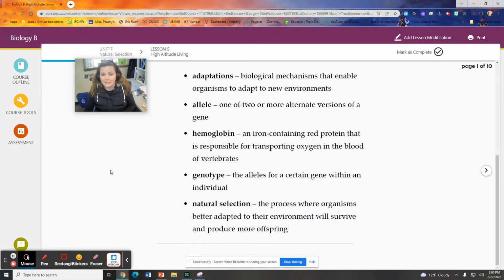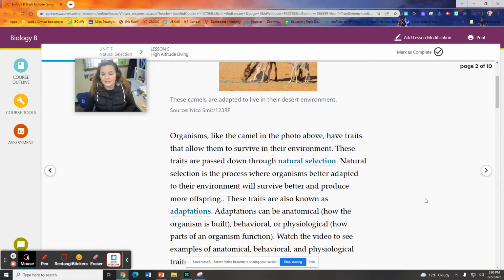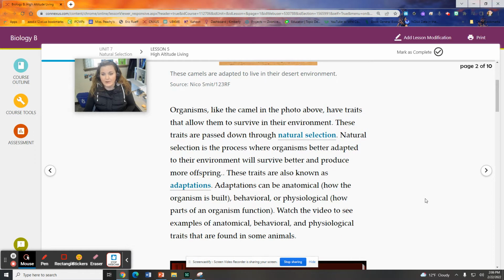So hopefully you've noticed that there are not as many new vocabulary words in this lesson as there were in our last. But it's interesting nonetheless. It's talking again about natural selection. And remember, natural selection is one mechanism of evolution. It's how organisms change through time based upon different adaptations that better enable them to survive in their environment, to reproduce, and then be able to pass those adaptations through their genes on to the next generation, right?